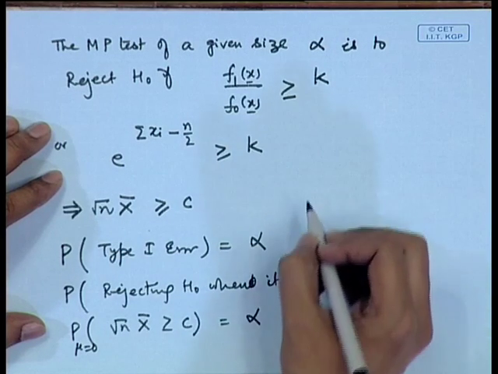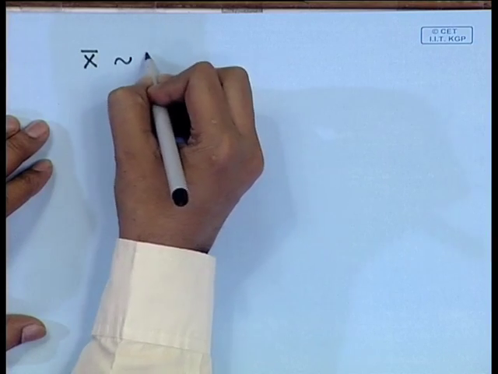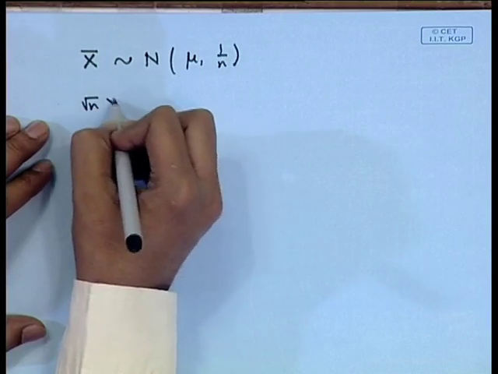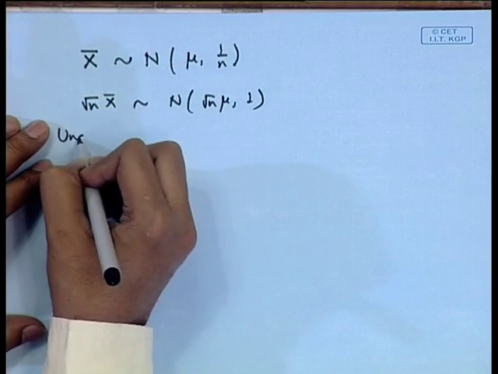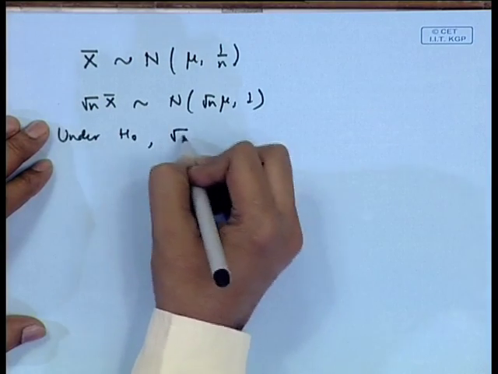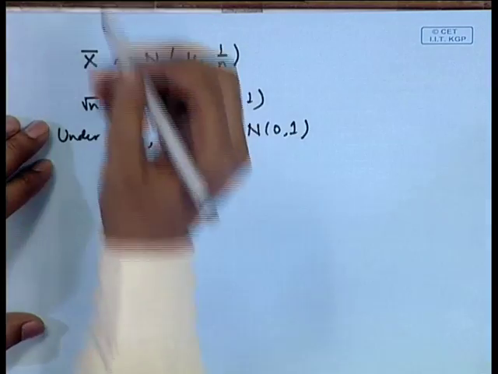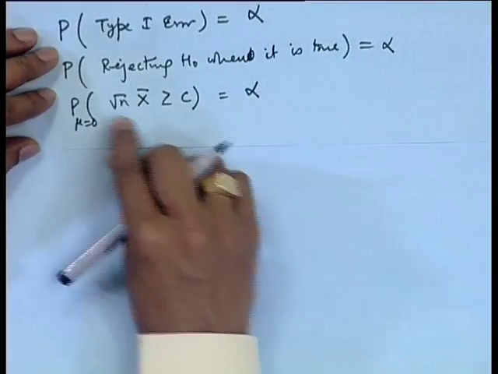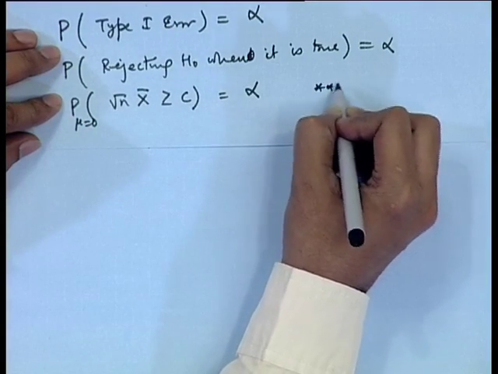Now, you see the distribution of x bar. Since x 1, x 2, ..., x n is a random sample from a normal distribution, x bar follows normal mu, 1 by n. So, root n x bar follows normal root n mu, 1. So, under H naught, root n x bar follows normal 0, 1. So, this statement, let me call it statement double star,